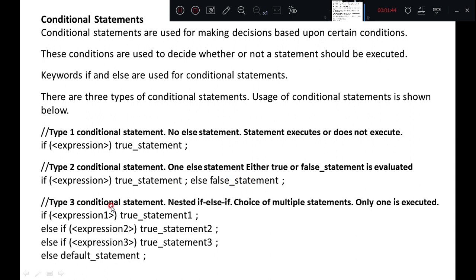In type 3, the conditional statement is a nested if else, where we check a series of conditions. First we check expression 1. If it is true, true statement 1 is evaluated. If not, then expression 2 is checked. These expressions are nothing but the conditions that we write within the parenthesis. If expression 2 is met, then true statement 2 is evaluated.